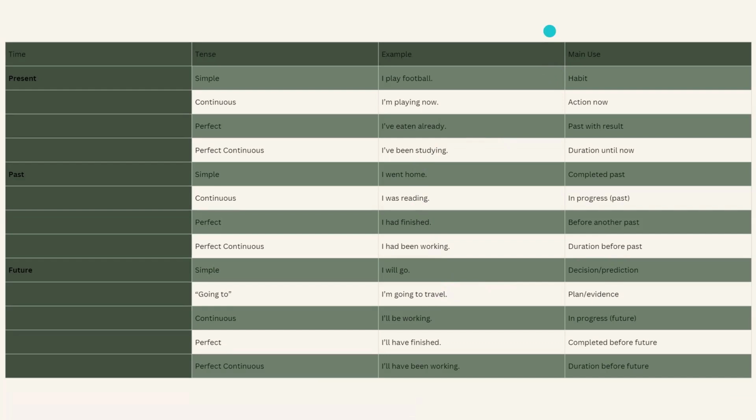So we have present simple, present continuous, present perfect, and present perfect continuous. Let's give each one a short example. Present simple, we can say I play football. Present continuous, I am playing now. Just look at the sentences. If you just think about it and try to understand what the sentence is telling you,